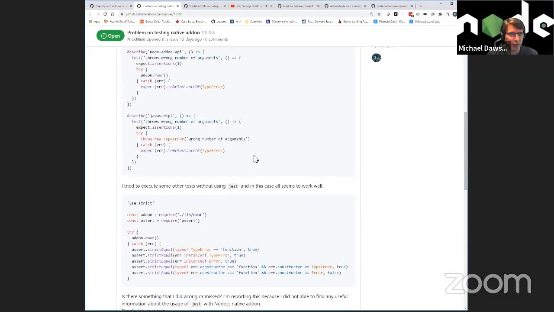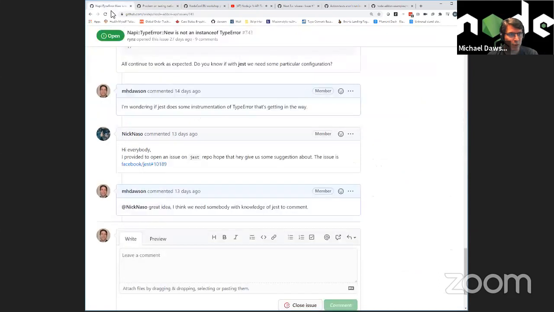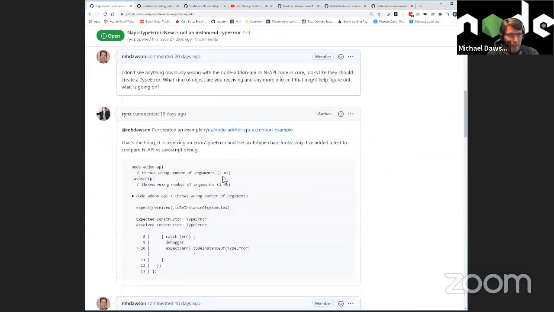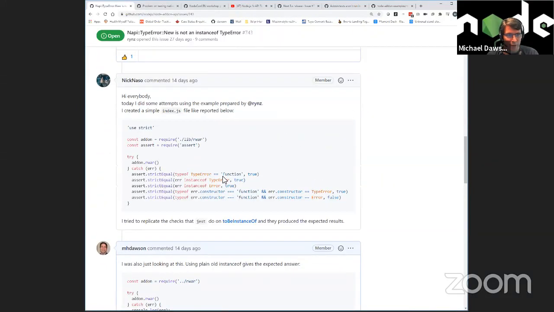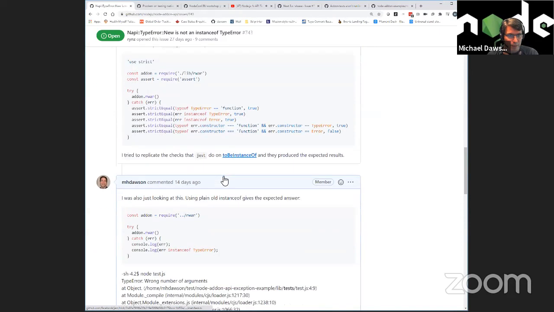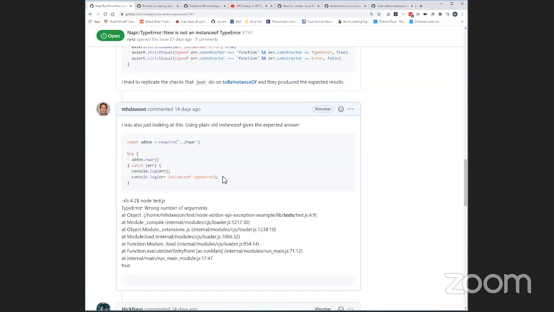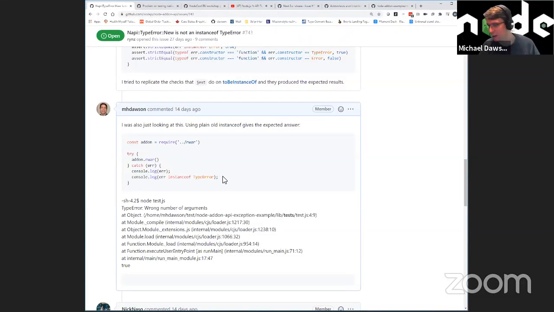Right. I think the originator had said they'd checked the prototype chain and it looked okay, but under Jest they seem to be different objects. I'd done some instrumentation, and if you run under Jest, even instanceof told me they were different. If you run outside of Jest, it says these are the same, this is good. And even if you run all the same checks that Jest does, it still looks fine.